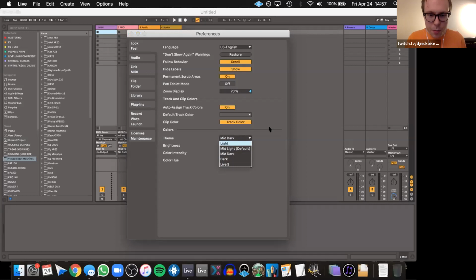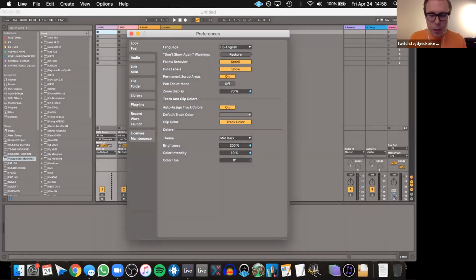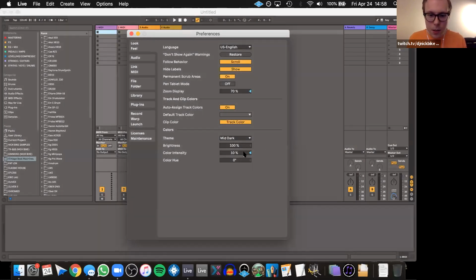Changing your color theme, I like a darker one, because if you're sitting up at night you don't want this white overlay basically waking you up. So also play around with the brightness, very effective. If you're outside working, you can crank your brightness that much extra outside of regular Mac settings, and playing around with the color settings can enhance your overall experience, especially if you're working for 2, 3, 4, 5+ hours in Ableton.